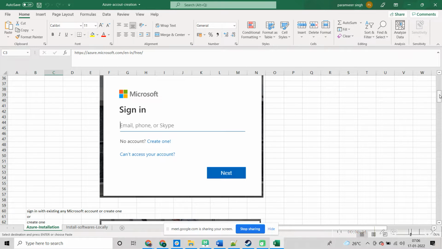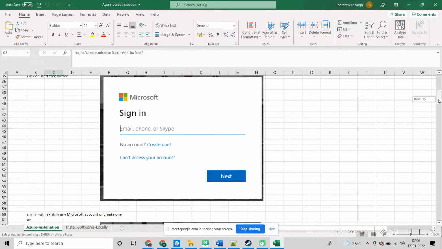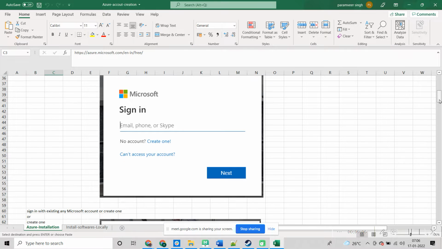That means, sir, I have to open Microsoft ID account, right, if I have not? Yeah, yeah. If you give your Microsoft ID account, then you'll be able to sign in with Azure. Because Azure, what happens? Your Microsoft account is there, na? So it gets linked, so even if you create a number of accounts, still it will not allow you to create, like there are people who take benefit of free account, right? Once you get that free account, after that you need to pay for that. Okay.